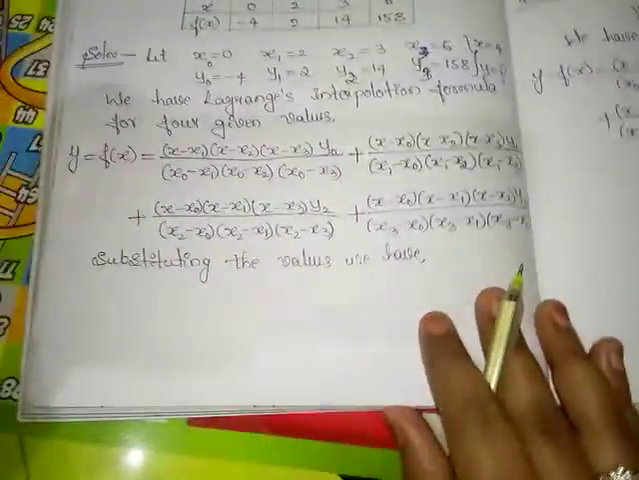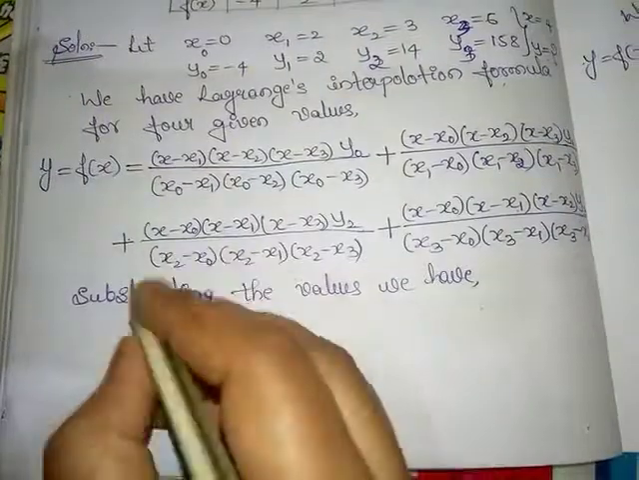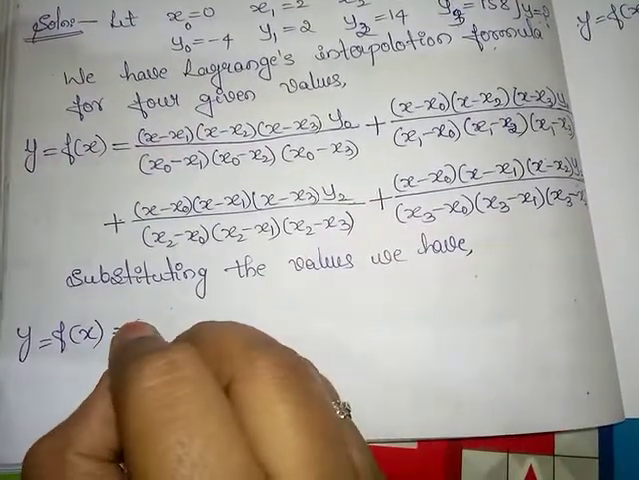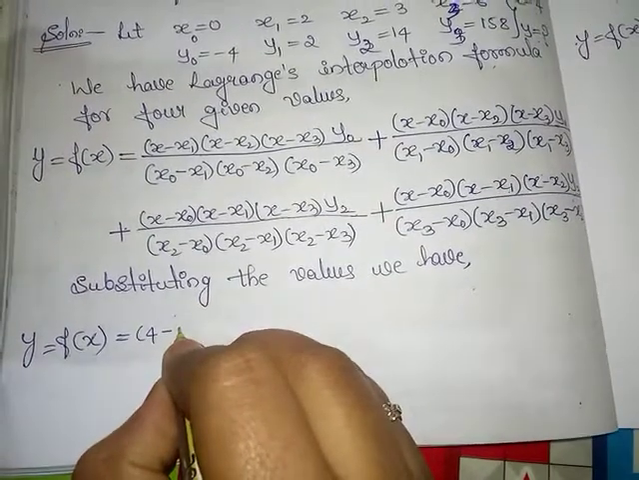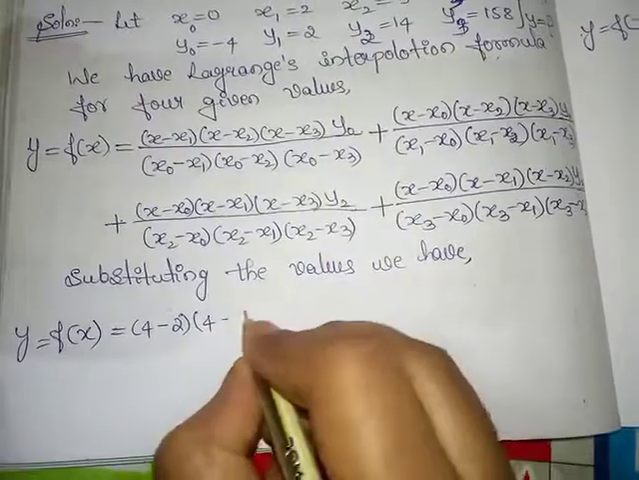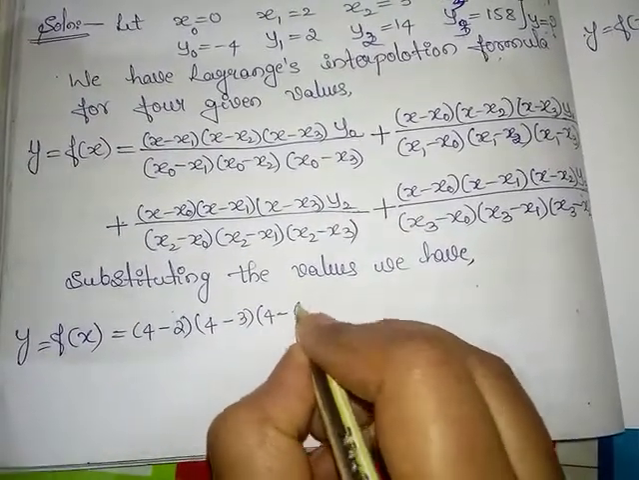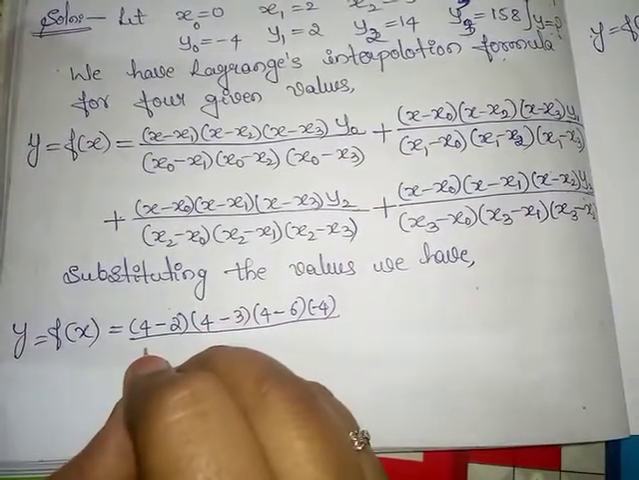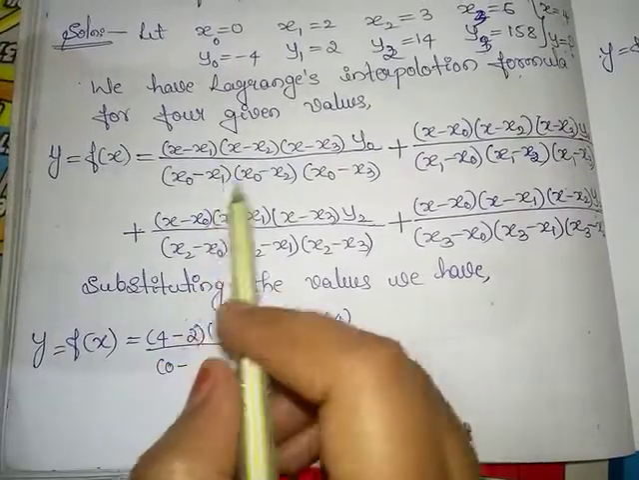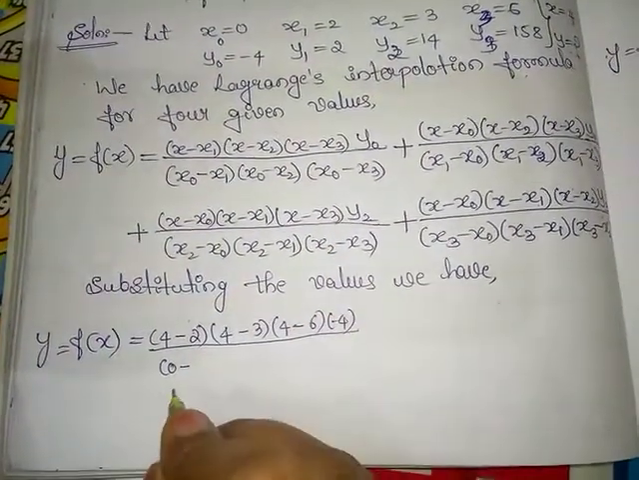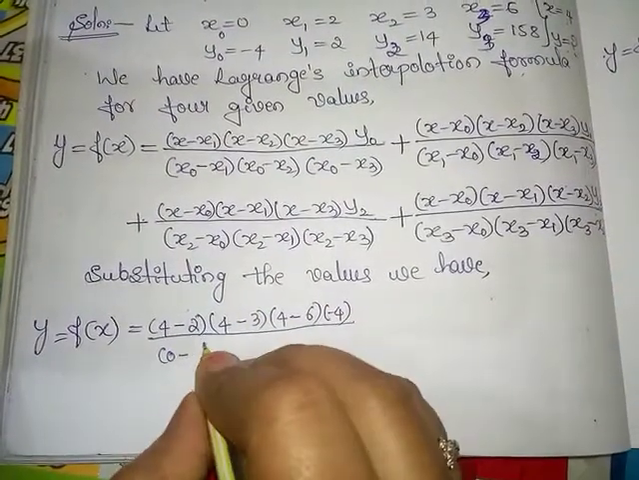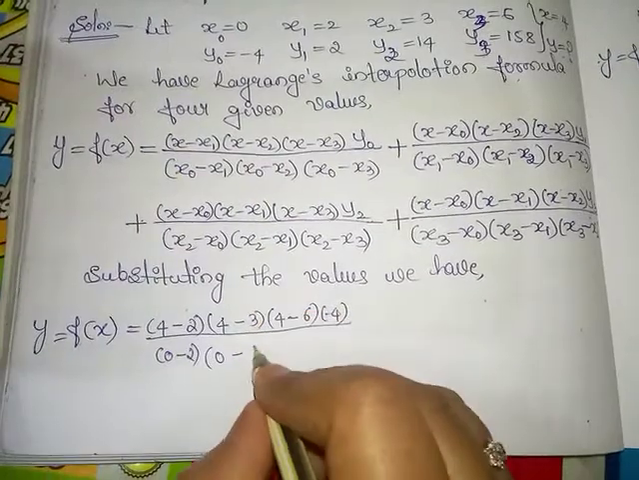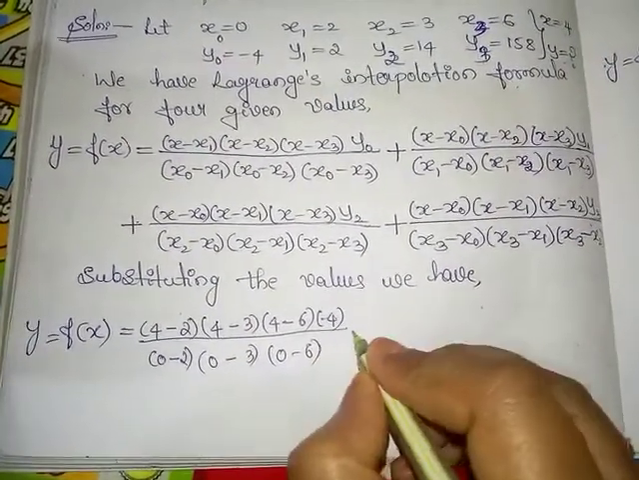We get f of x is equal to y is equal to, x value is 4: 4 minus x1 is 2, 4 minus x2 is 3, 4 minus x3 is 6, into y0 value which is minus 4, divided by x0 is 0: 0 minus x1 is 2, 0 minus x2 is 3, 0 minus 6. You can directly write x1, x2, x3 with negative sign, but since this is the first example, I will write everything. Next term,